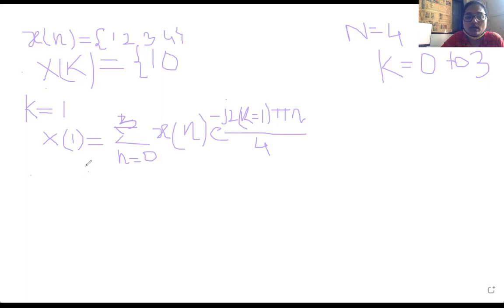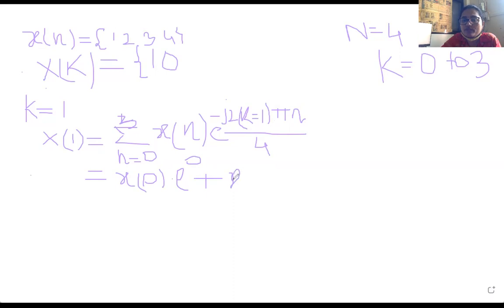The first value of n is 0. So this will be x of 0 multiplied by e raised to minus j 2 pi into 0, so I will write directly e raised to 0. So x of 0 into e raised to 0 plus